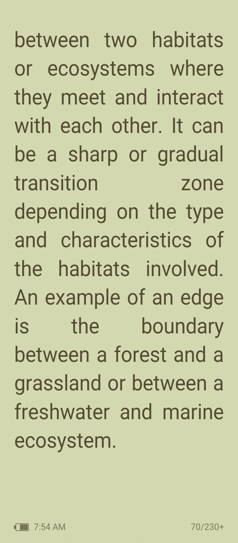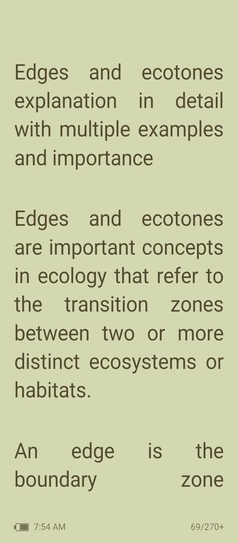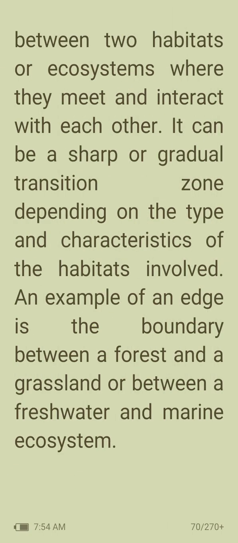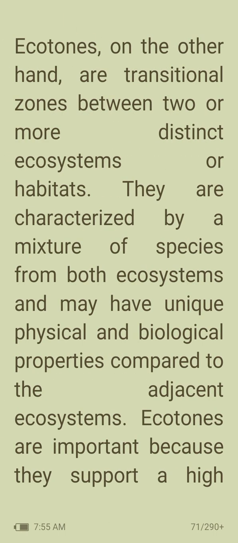An example of an edge is the boundary between a forest and a grassland, or between a freshwater and marine ecosystem. Ecotones, on the other hand, are transition zones between two or more distinct ecosystems or habitats. They are characterized by a mixture of species from both ecosystems and may have unique physical and biological properties compared